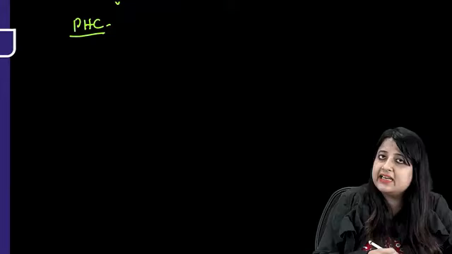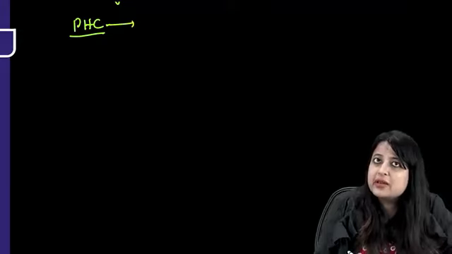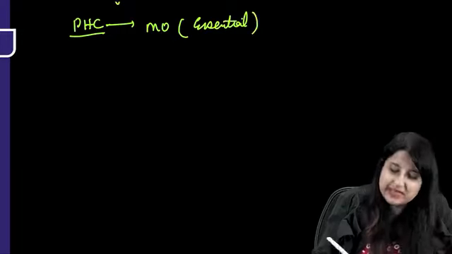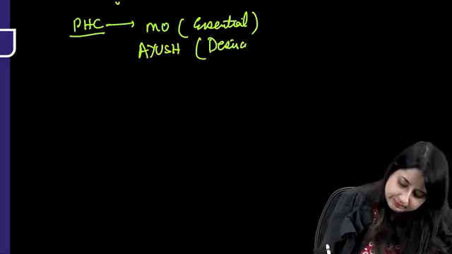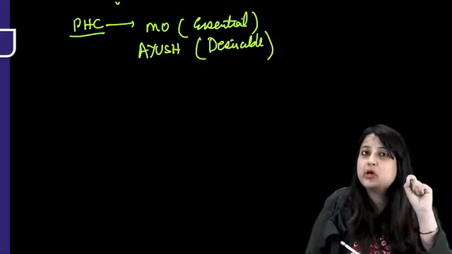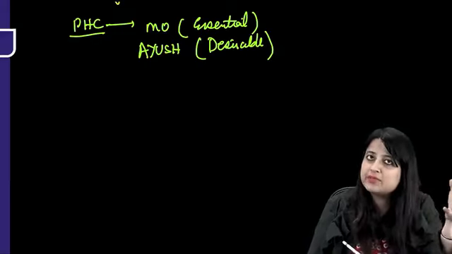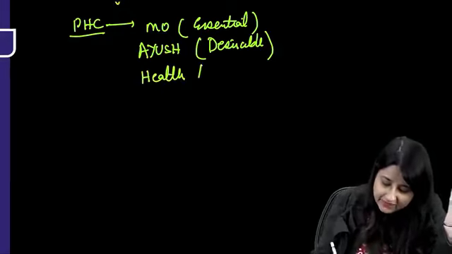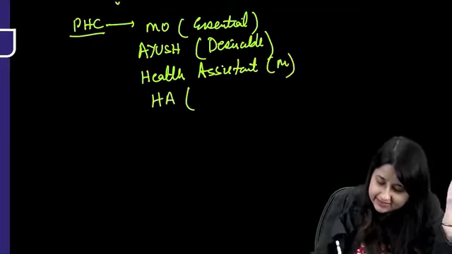When you talk about the staff pattern at PHC, type A 13 to 18 and type B 14 to 21, we don't need too much detail, but you must remember in PHC, essential is medical officer. Now we have a medical officer, and who is desirable, everybody? Ayush becomes desirable. Now, more important are the paramedical health workers. There you had ANM, or a multi-purpose worker, male and female. Here, who's posted at a PHC? Here we have a health assistant, the main people you need to know, male and a health assistant, female,